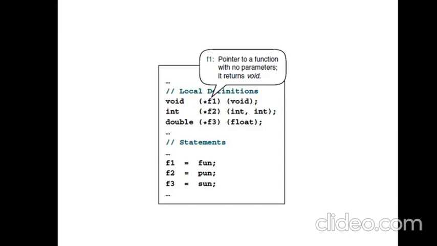After that we have an opening parenthesis, then the name of the function pointer, asterisk f1, and then the closing parenthesis. These two parentheses are crucial. If you miss them, the compiler will confuse this with a normal pointer declaration. It won't recognize this as a function pointer. So you have to enclose the function pointer with parentheses. Similarly, the arguments are retained to be compatible with the original function. If it is taking a void argument, this is also mentioned with void. If it is taking two integers, then this is also declared with two integers.